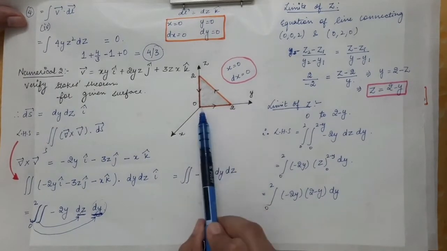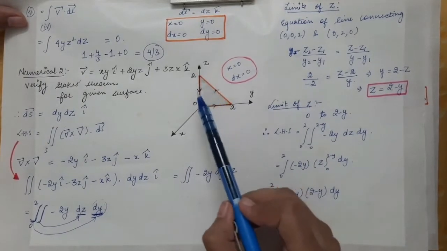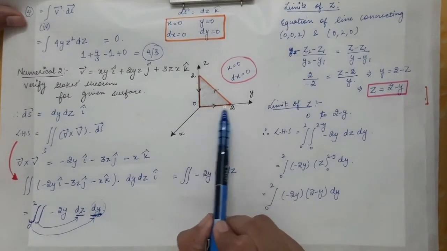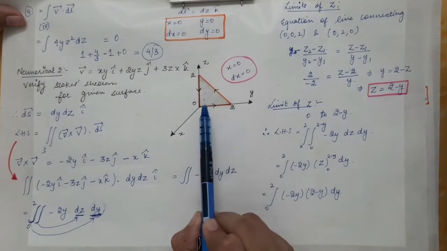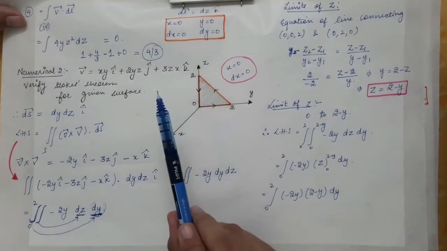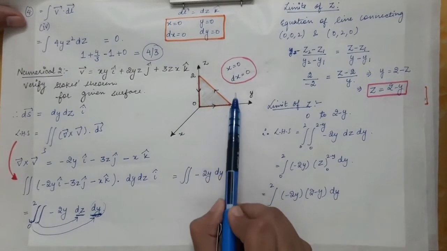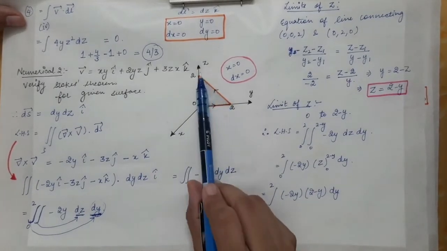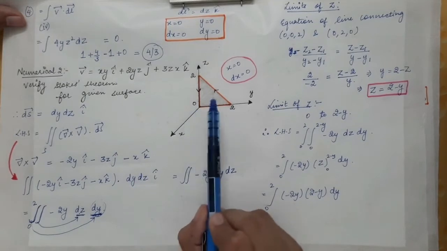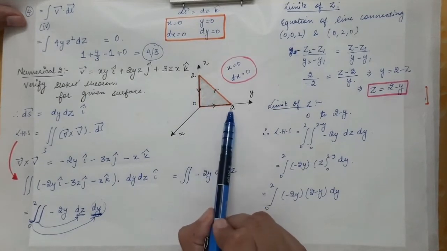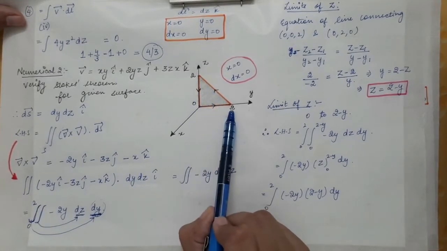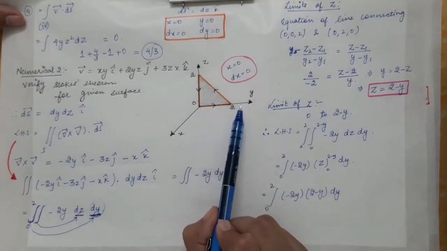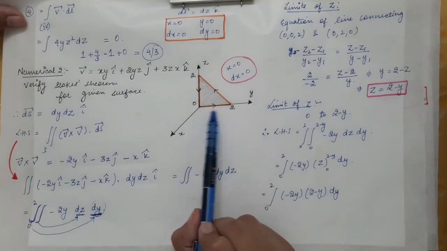If you take the limits of y from 0 to 2, the limits of z will never be from 0 to 2. Because if you take the limits of y from 0 to 2 and the limits of z also from 0 to 2, you will get a square as we had in the last case. But here we have this triangular region. We have to evaluate the limits so that we get this triangular region. So the limits of y go from 0 to 2. Let's say we have fixed the limits of y from 0 to 2.